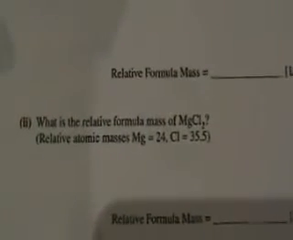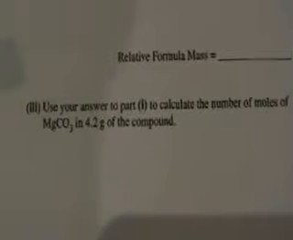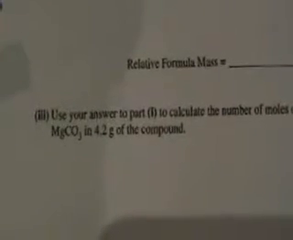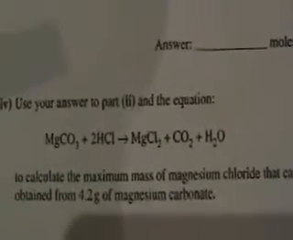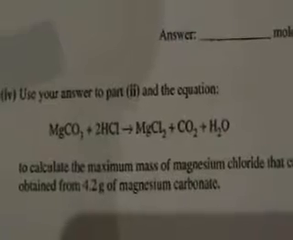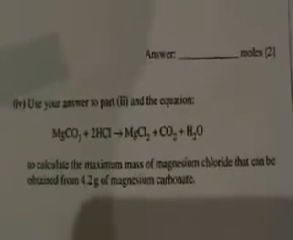Relative formula mass of magnesium chloride. Use your answer to part 1 to calculate the moles of magnesium carbonate in 4.2 grams of the magnesium carbonate. And then use this equation, okay, to calculate the maximum mass of magnesium chloride that can be obtained from 4.2 grams of magnesium carbonate. Okay, so the answers are, part 1 is 84, part 2 95,